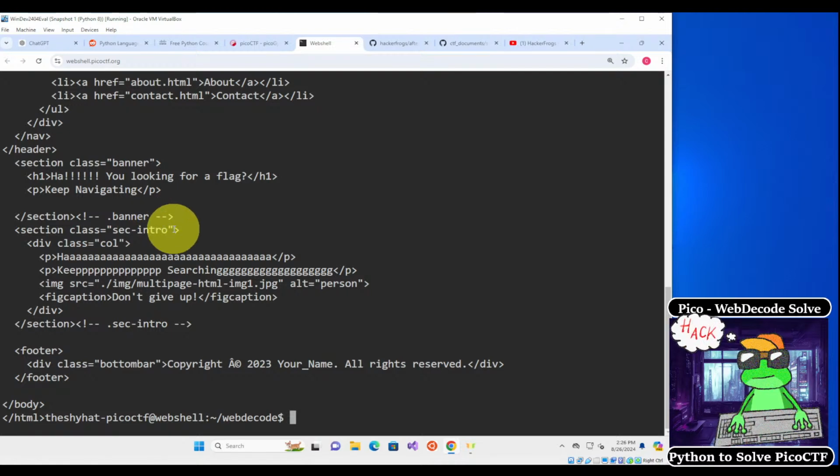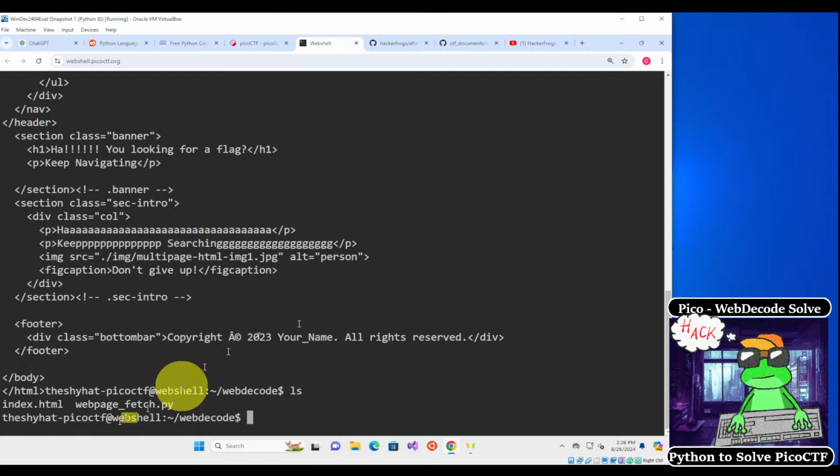Okay, user CT asks, how did you get the first file? So we created the file using Nano. If you're talking about the webpage fetch.py file, we created it using Nano. And if you're talking about this one right here, index.html, we created this by running